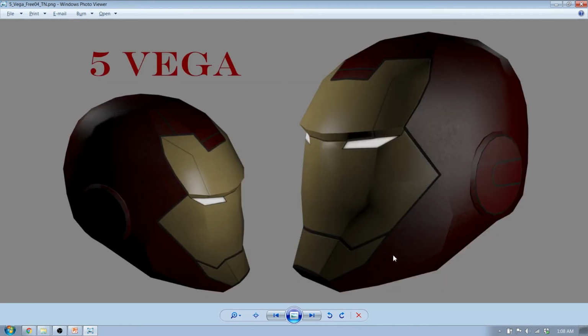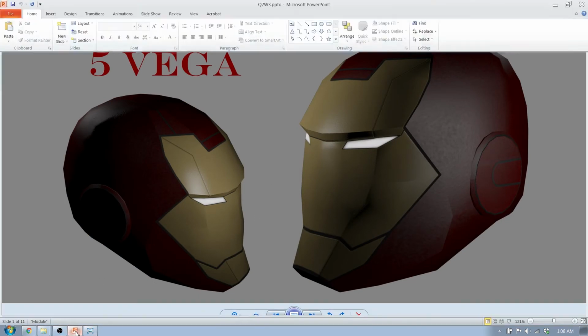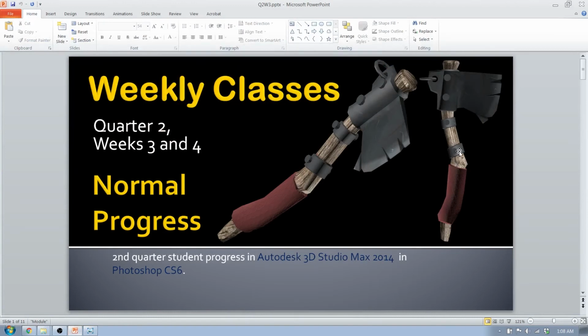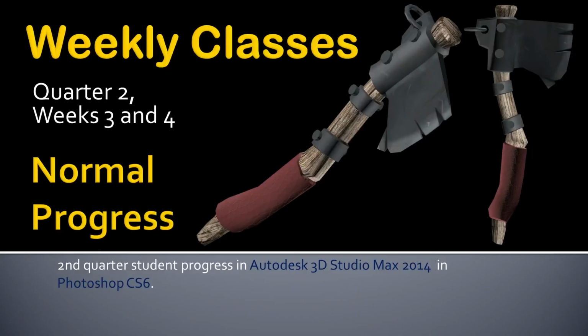Here's one example where Adri actually did not create all of these bumps that you see here. All of these bumps were created via normal map. The texture of the face, this actual crease through here, a majority of that was actually created through the normal map. So let's go ahead and look at the top 10. Top 10 starting right now. We've got number 10,